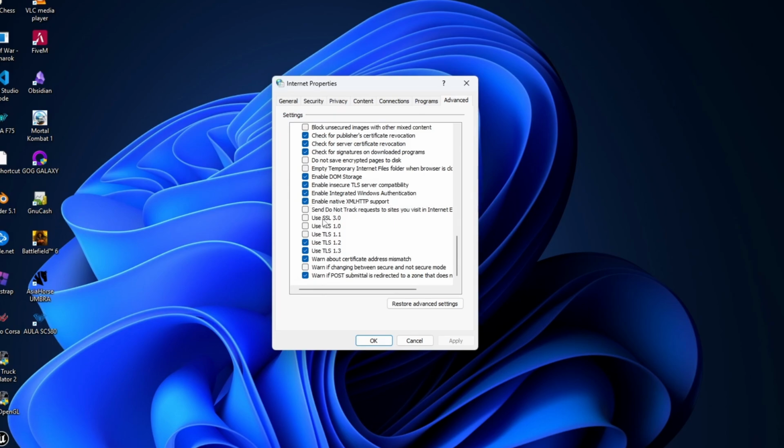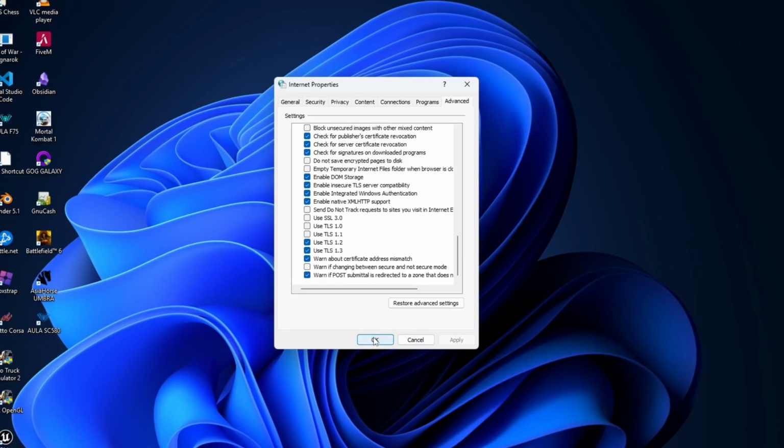Here, locate the settings called Use SSL 3.0, Use TLS 1.0, and Use TLS 1.1. Make sure all three of these options are unchecked. If any of them are enabled, click the checkbox to remove the checkmark. After unchecking Use SSL 3.0, Use TLS 1.0, and Use TLS 1.1, click Apply and then OK to save the